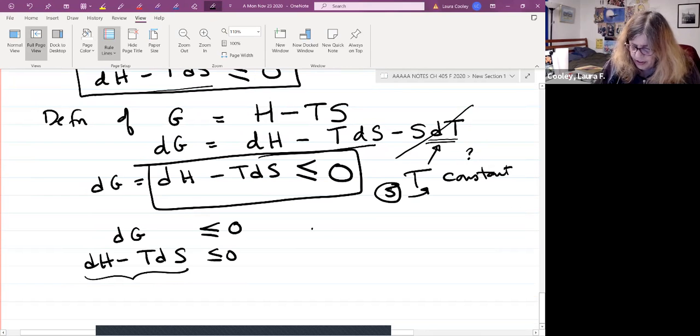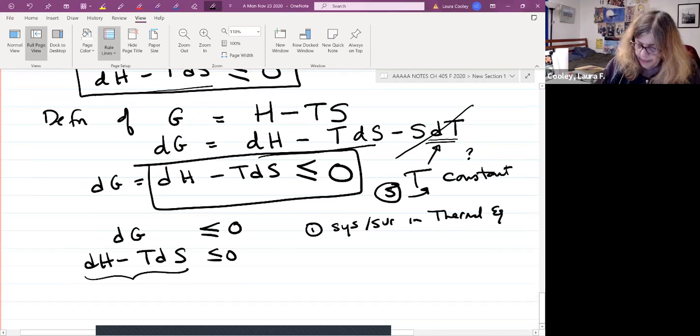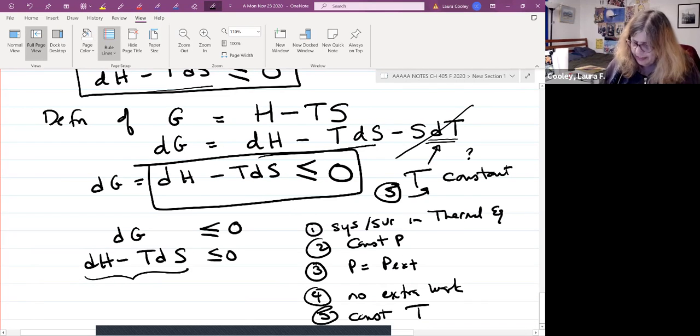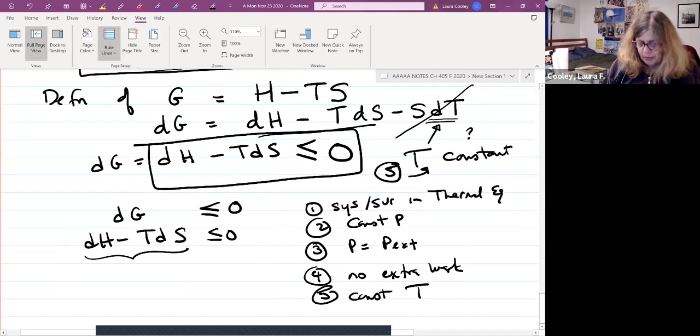When all these conditions hold: we have system and surroundings in thermal equilibrium, constant pressure, P equals P external, no extra work, and constant temperature. That's a lot of fine print, but what it does say is that the change,